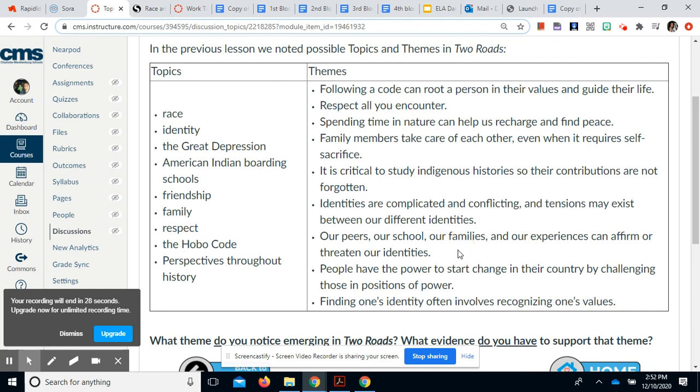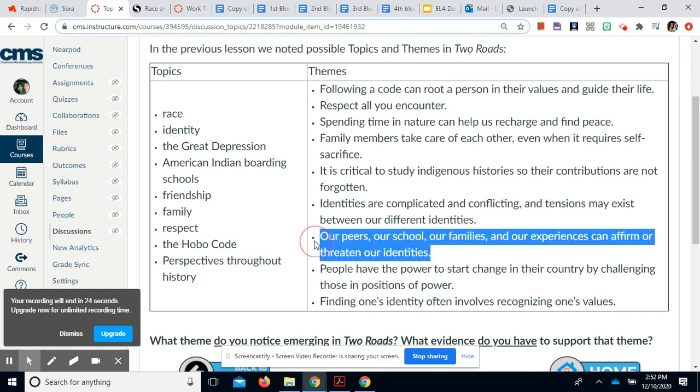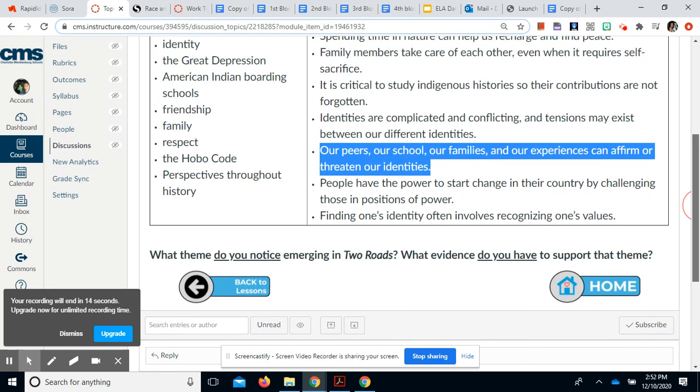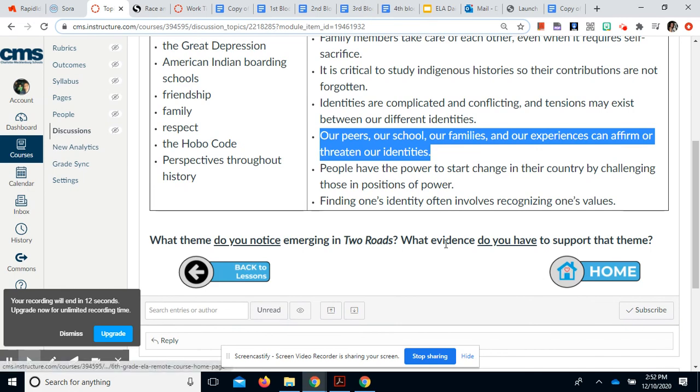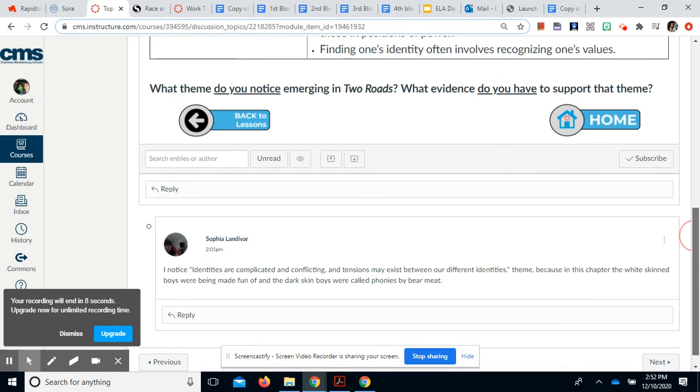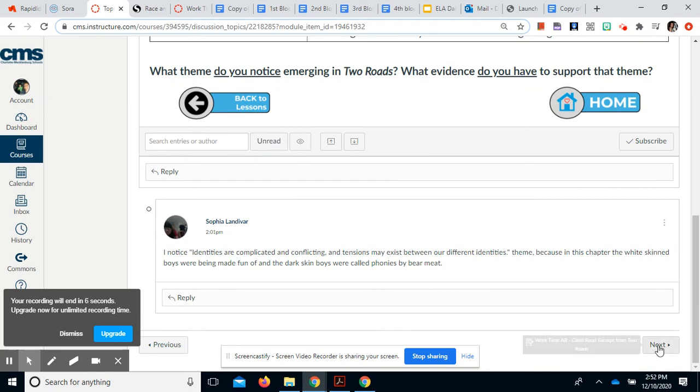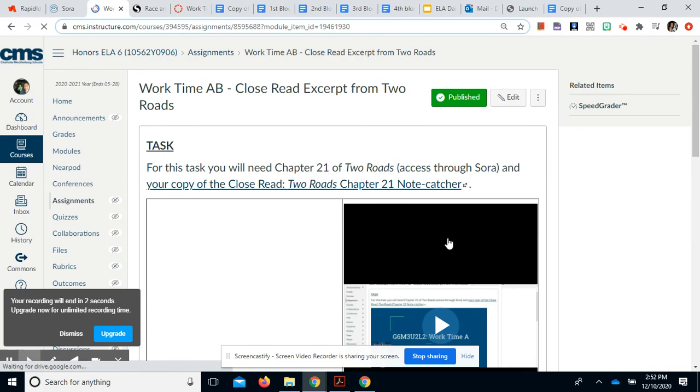We also said that our peers, our school, our families, and our experiences can affirm or threaten our identities, which could also be proven through evidence in chapter 21, where we saw how many of the students were sent there so that they could learn more about their identity and their culture. There is also a note catcher here and a great